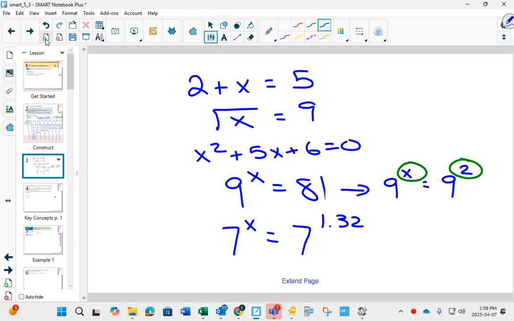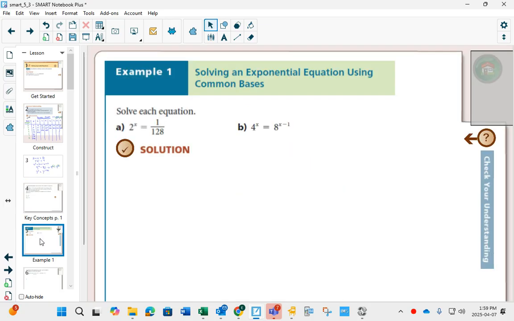1.32. And that's going to be our first strategy as we go into example 1. If we can write powers on both sides to have the same base, then the exponents have to be equal. But we're going to use all of our exponent laws from grade 9. So here we go, example